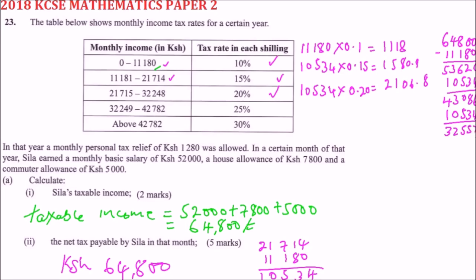32,552. We move to the next bracket, so it is 10,534. You multiply by 25%, which is the same as 0.25. This will give you 2,633.5. Then we subtract that amount, so we subtract 10,534 from the amount. We will be left with